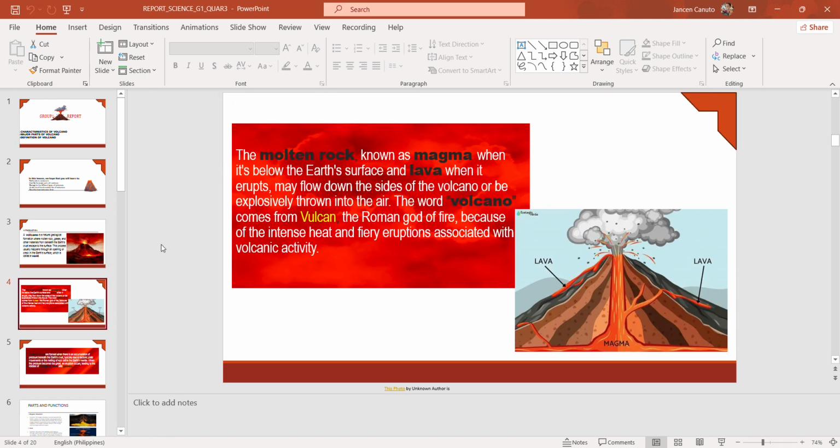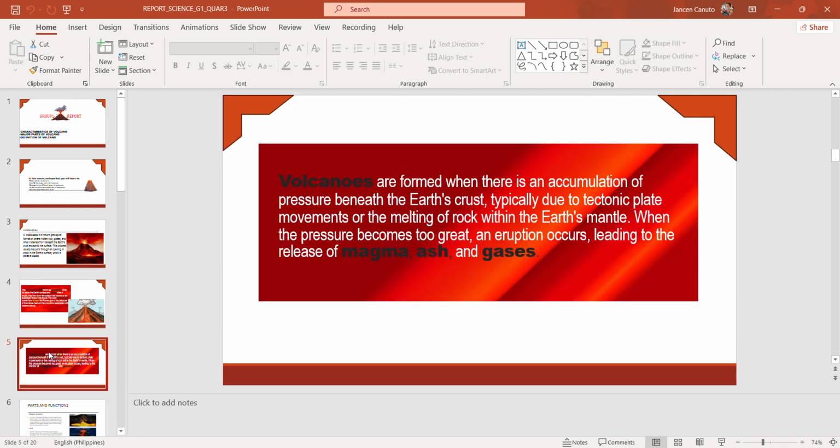The molten rock, known as magma when it's below the Earth's surface, and lava when it erupts, may flow down the sides of the volcano or be explosively thrown into the air. The word volcano comes from Vulcan, the Roman god of fire, because of the intense heat and fiery eruptions associated with volcanic activity.